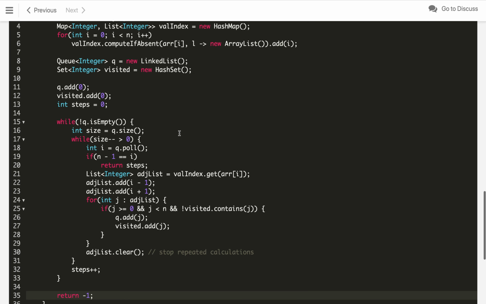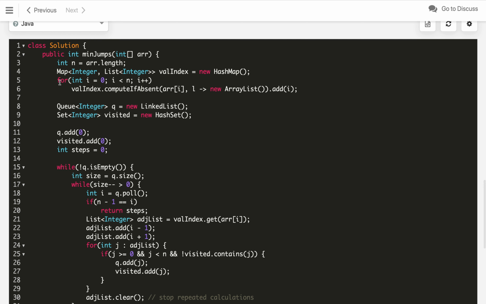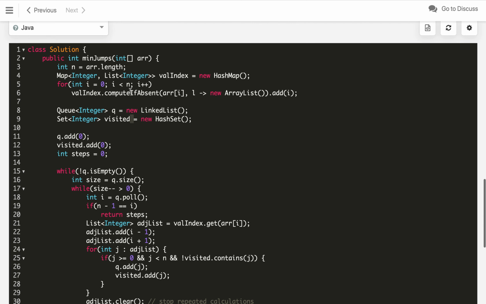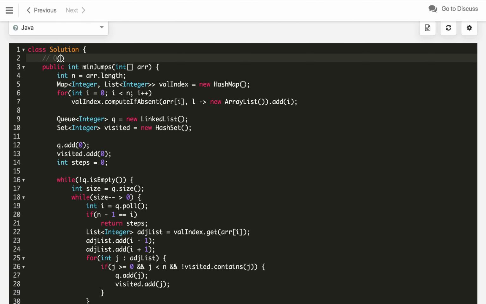Now let us see what the time complexity of this solution is. As you can see here, we are processing the full array once, which is O of n. Also, the queue will get at most all the elements once, and our set will get all elements in the worst case if they are all distinct. So the time and space complexity of this solution are both O of n, where n is the size of the array.